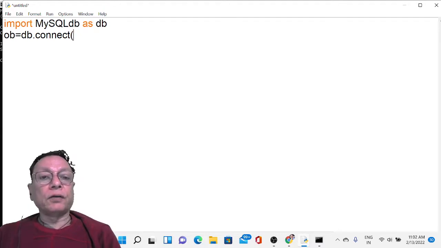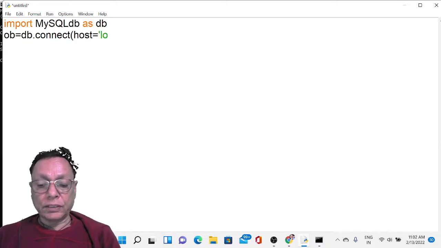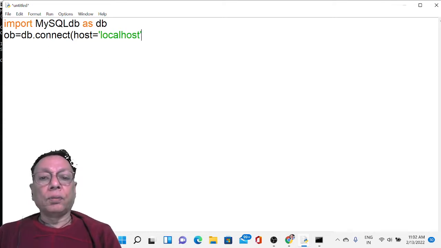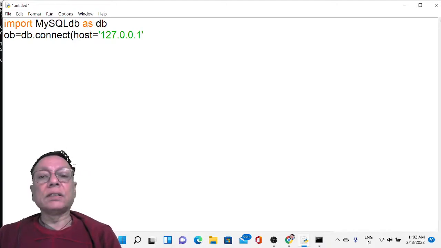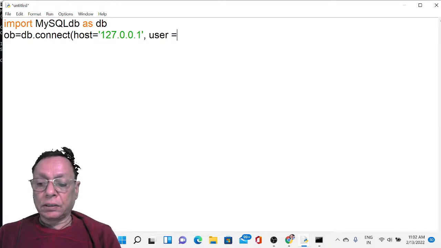Then the first part of this connection string is host. So host is obviously localhost, in this case localhost, or you can use 127.0.0.1. This is basically the IP address of localhost, or you can say the loopback address, and comma, then user. So my user is root,